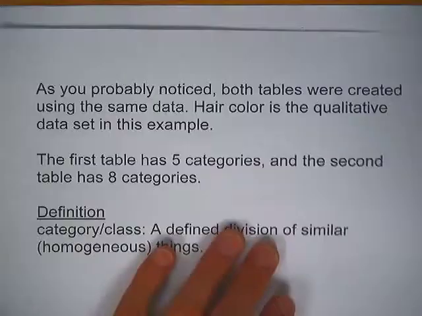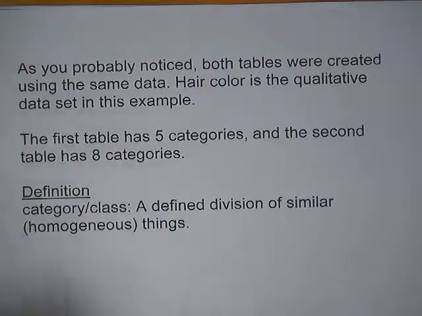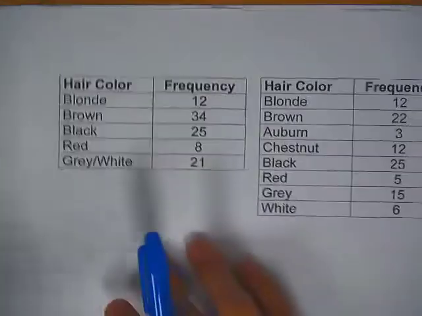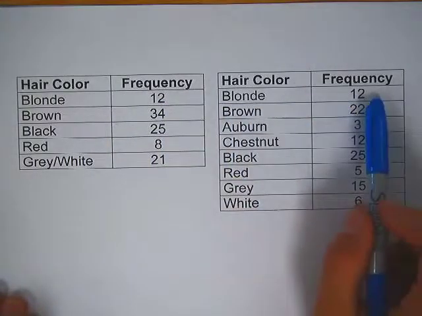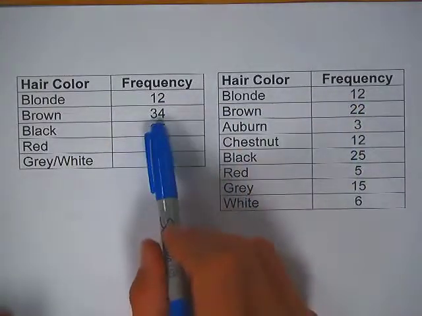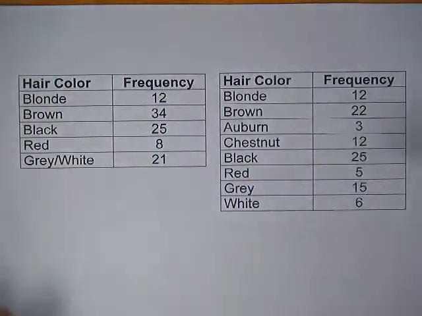Alright, and as you probably noticed, both tables were created using the same data. Hair color is the qualitative data set in this example. If you take a look at this, notice that blonde was 12 for both. Now brown was 34 in this categorization, but as you probably noticed, brown and chestnut over here, those both add